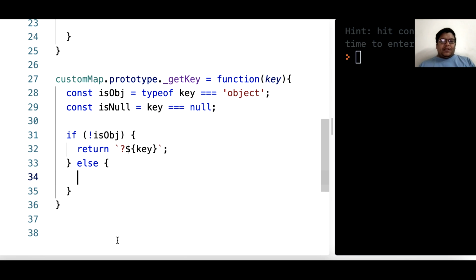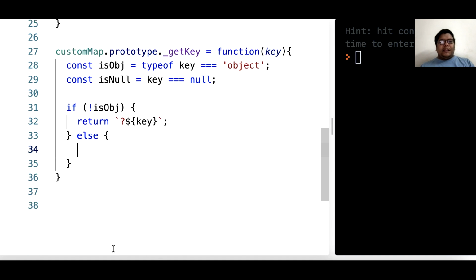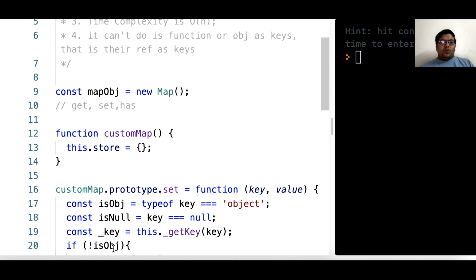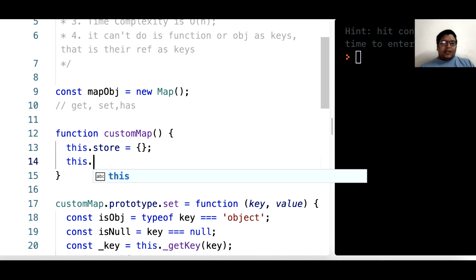And else, if it's an object, now the question is what we will do if the key is an object. What we can do here is create a unique key using symbols.